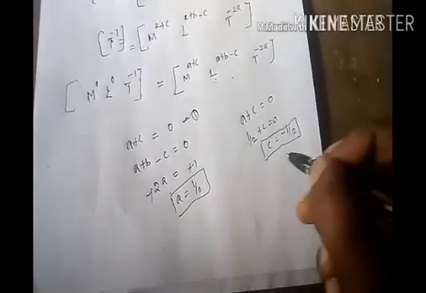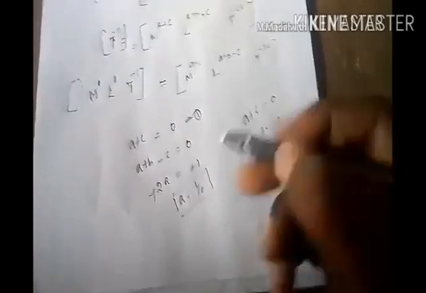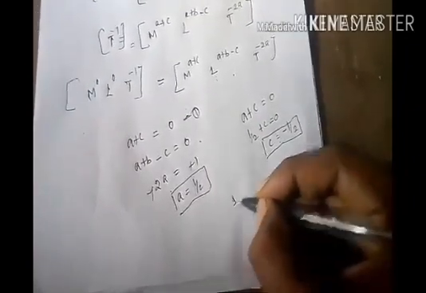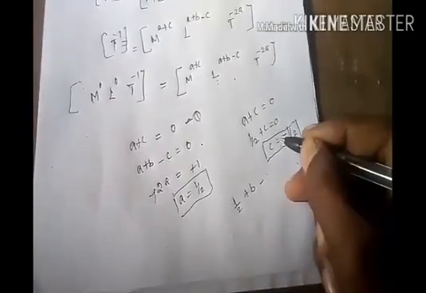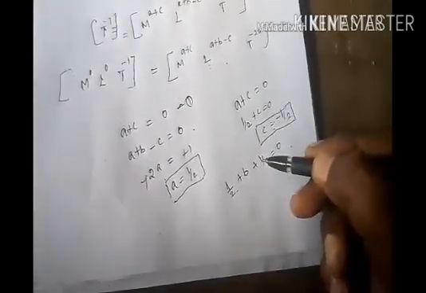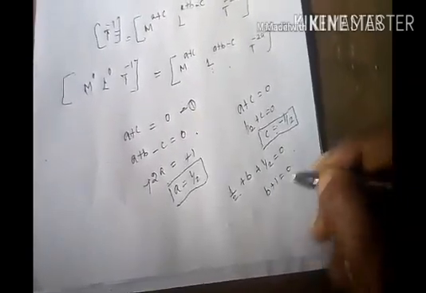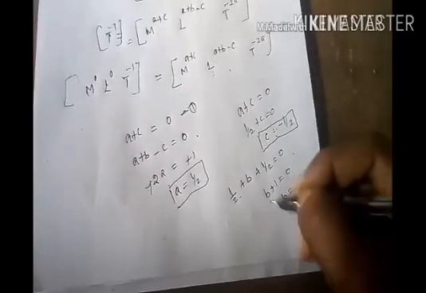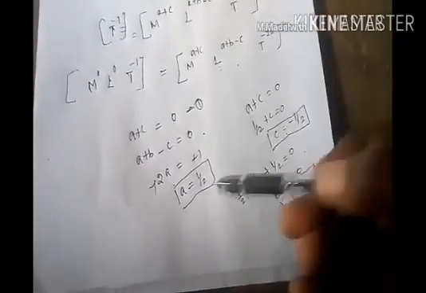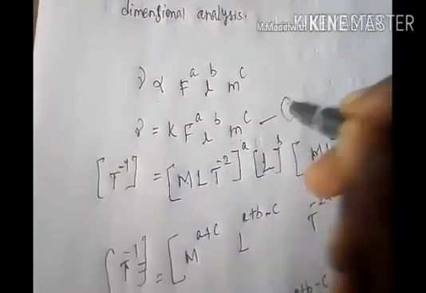Okay, next the a value and c value are applied in this equation. So here a value is 1 by 2, then b minus, here also minus, so plus 1 by 2 equals 0. So 1 by 2 plus 1 by 2 is 1. Okay, so b plus 1 equals 0. So b value is minus 1. So the a value, b value and c value are substituted in equation 1.